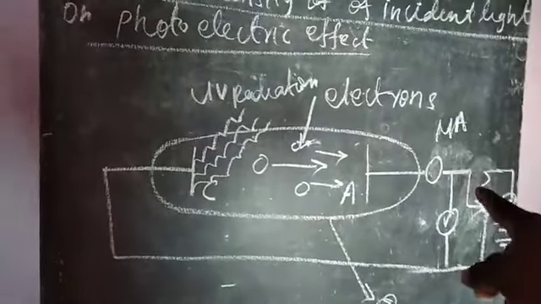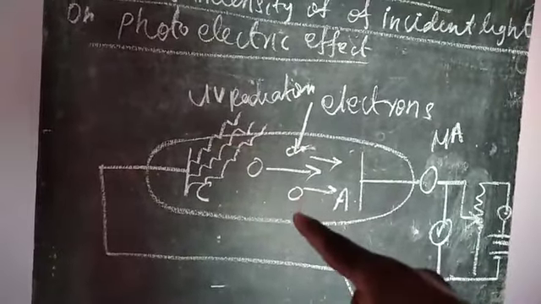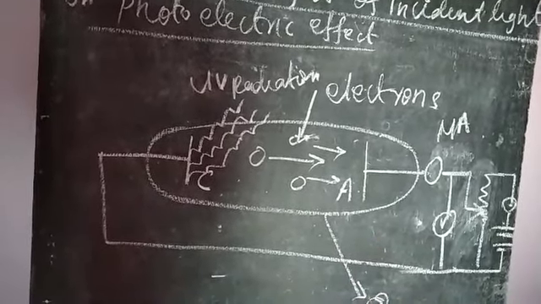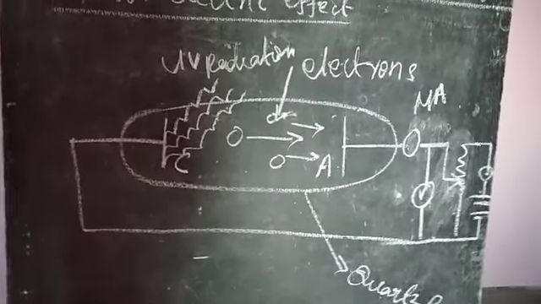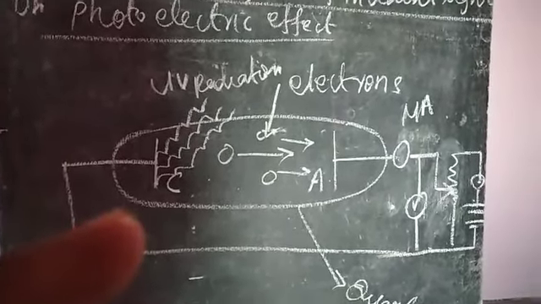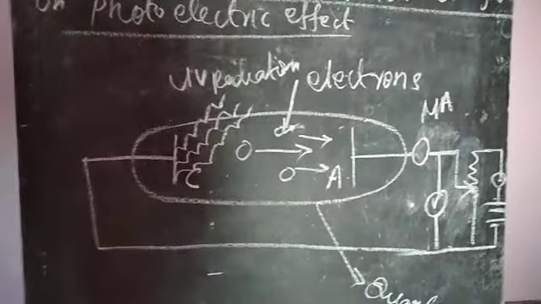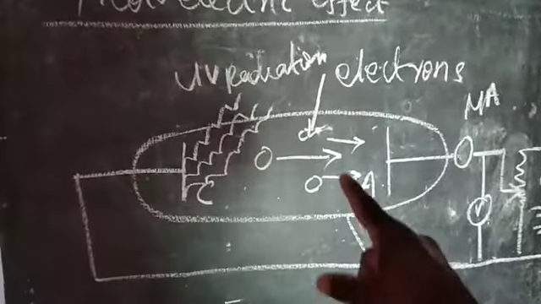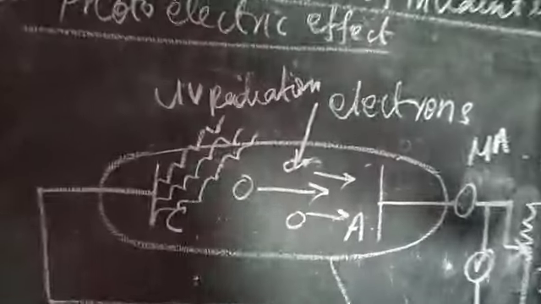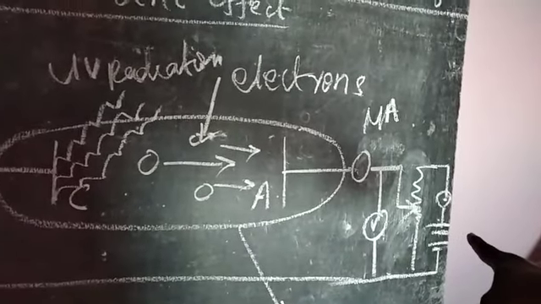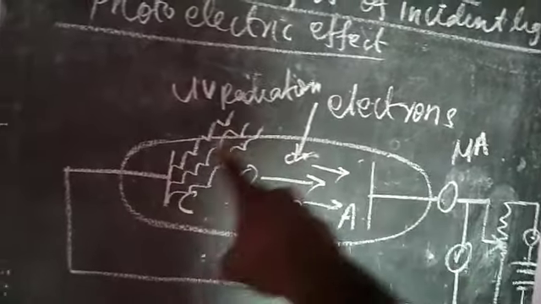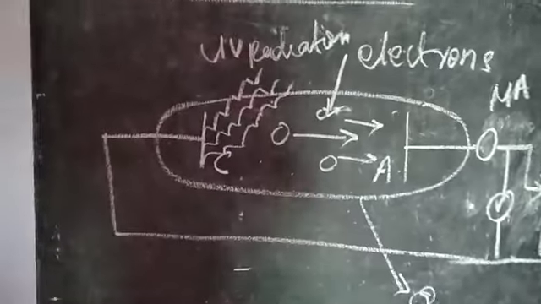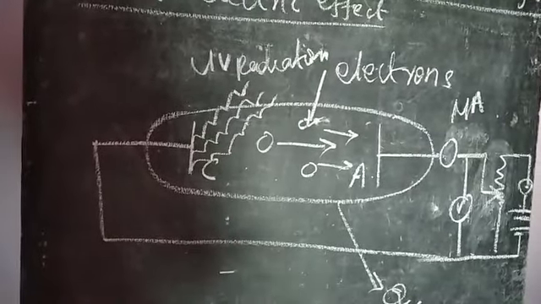So here, the electrons emitted from this circuit, that is the photoelectric current, varies with the intensity of incident light, the potential difference between the anode and cathode, which is supplied from the battery, then the nature of the materials used for anode and cathode, and the frequency of incident light. These can be studied.